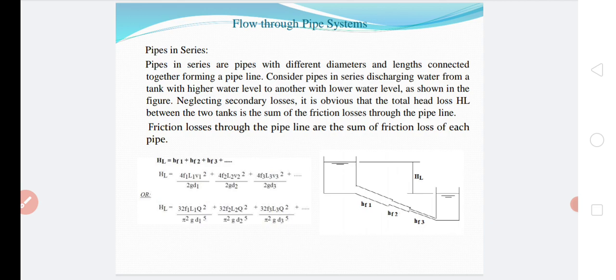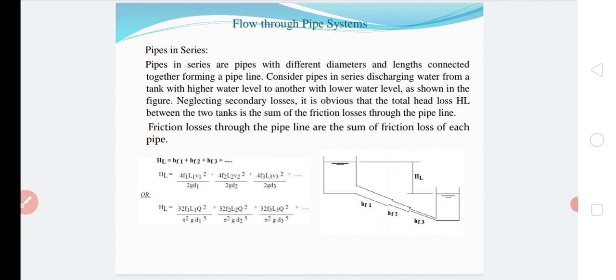That means that is the different length and different diameter. So same thing for pipe 2, that is the head loss due to friction hf2. So we can easily write 4f2L2V2 square by 2gD2. Same accordingly 4f3L3V3 square by 2gD3. Or another way we can write